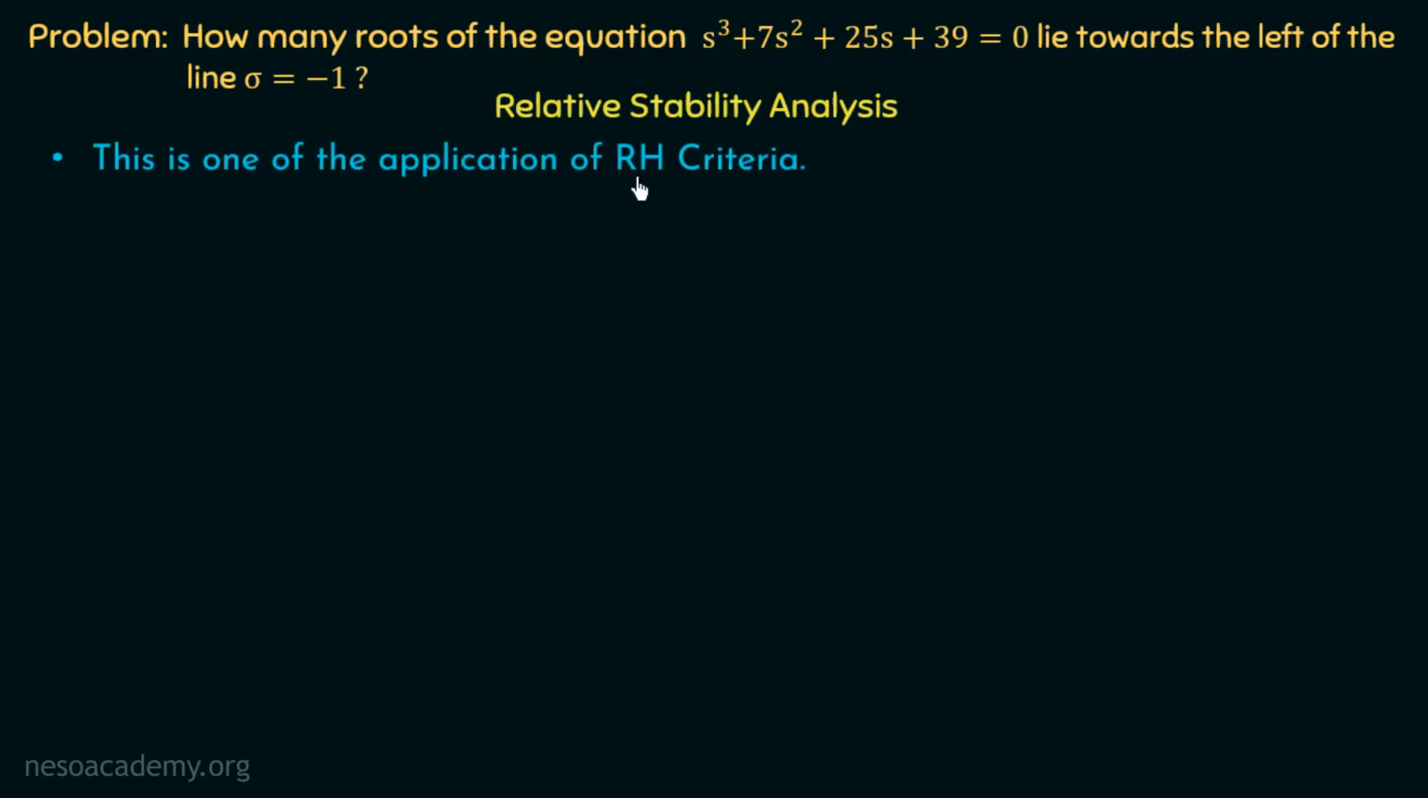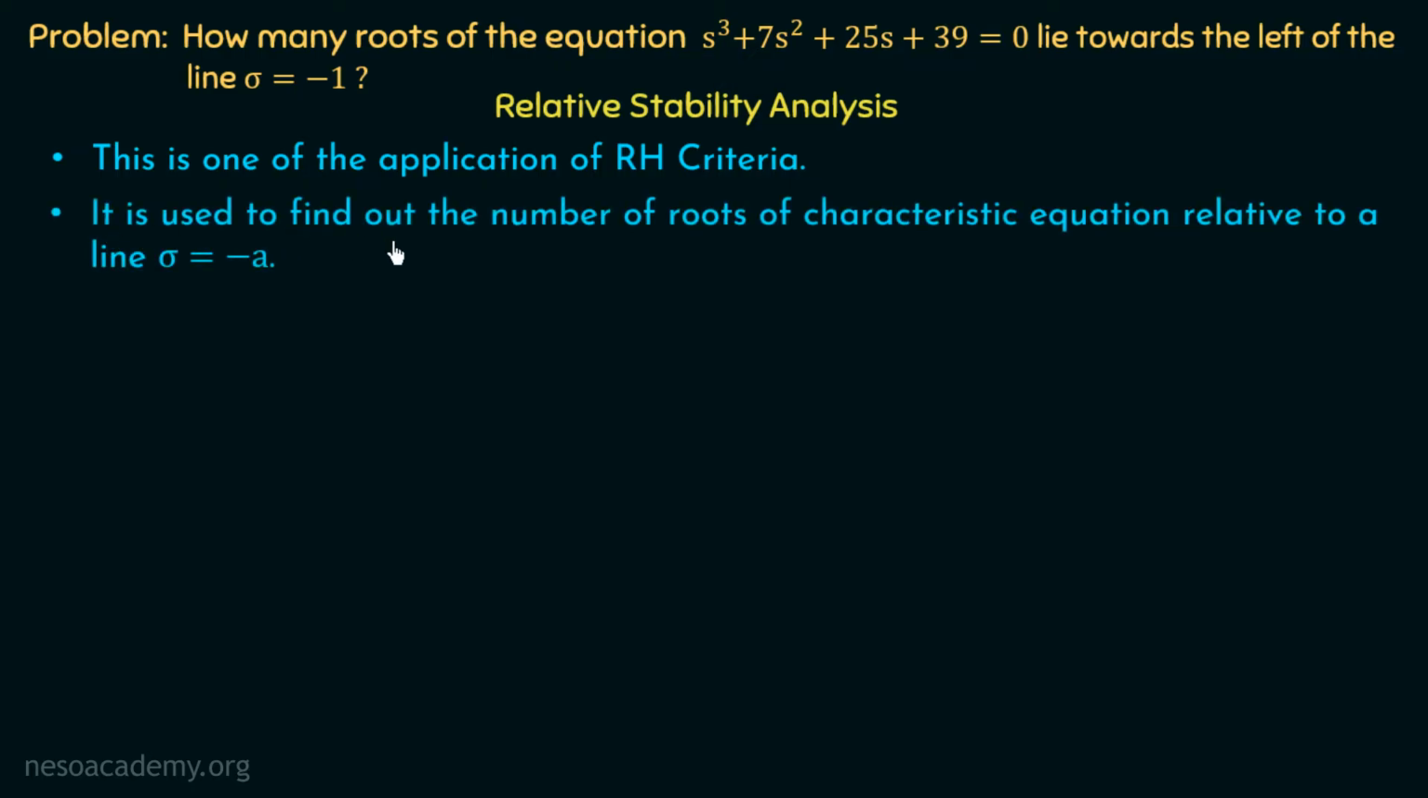So the relative stability analysis is one of the applications of RH criteria, as we have discussed. Already we have discussed two applications of RH criteria. The first application was to determine the range of values of k for which the system is stable. The second application was to find out the marginal value of k and the frequency of sustained oscillations. And this is the application number 3. Moreover, it is used to find out the number of roots of the characteristic equation relative to a line sigma